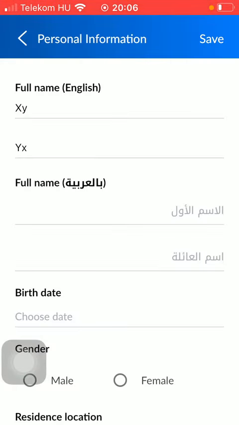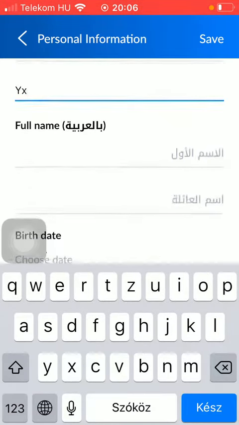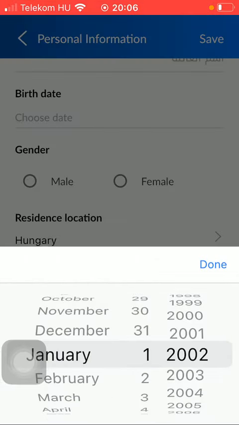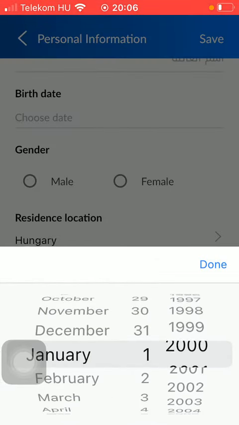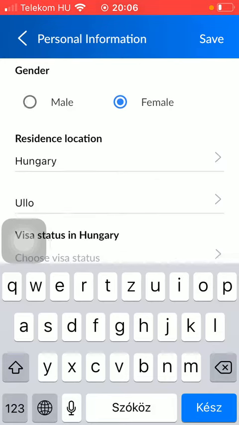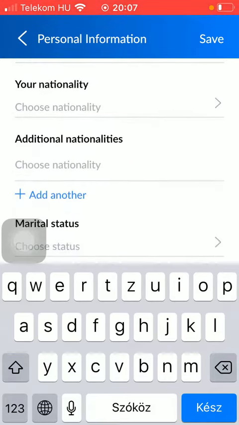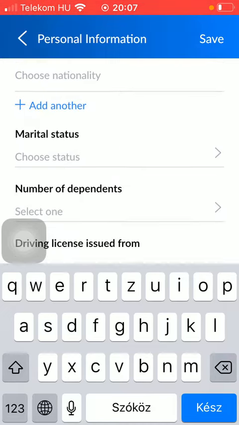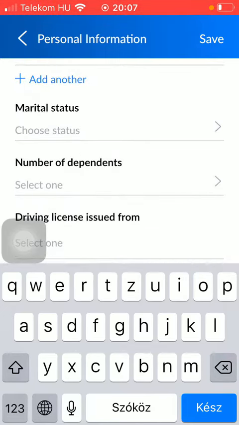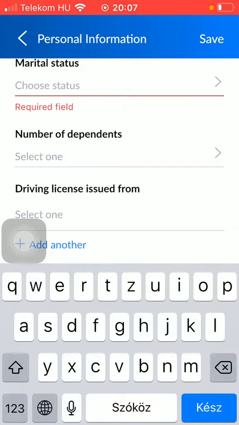If you tap on this edit button, you can add your full name, then your birth date as well. You can select from this scale, then also your gender, your residence location, your nationality, marital status, number of dependents, driving license issued from. If you are done with adding all these details, click on the save button, and